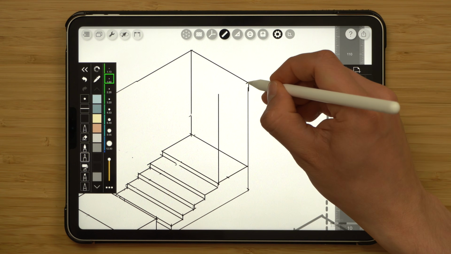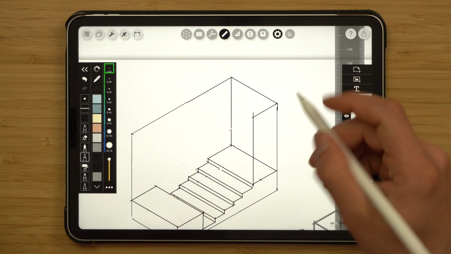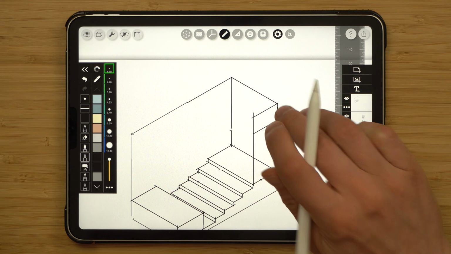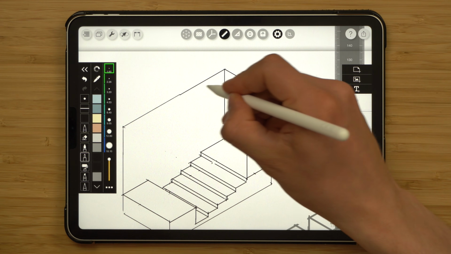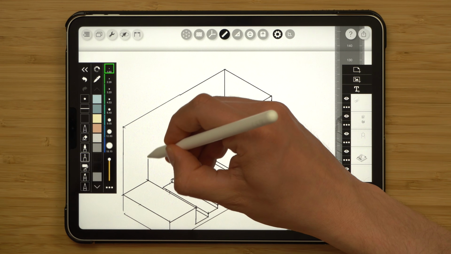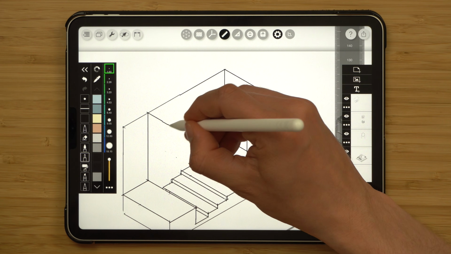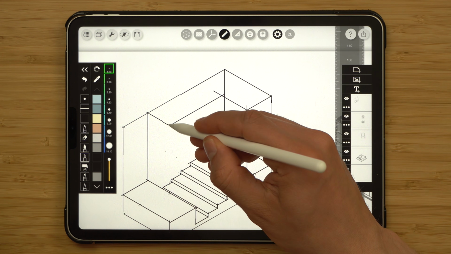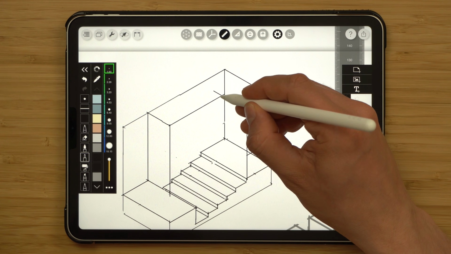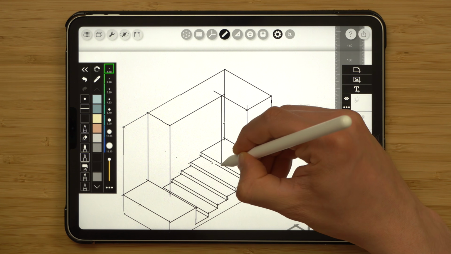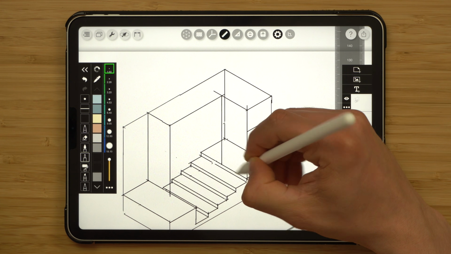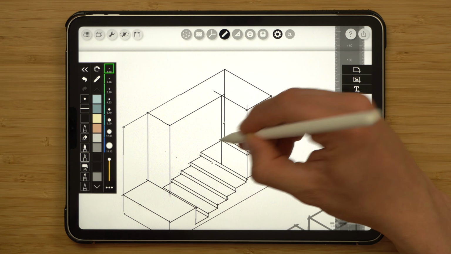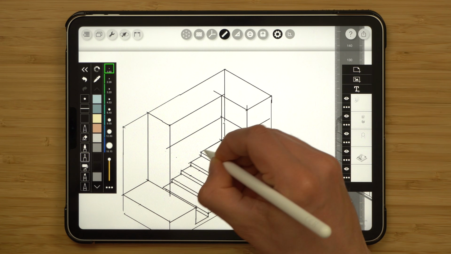Okay, it's time to show the balconies as well. So I'll extrude up where I want my balconies to be, and then plot a couple of them in, more or less the same spacing. And then I want to track them around all the way to the stage. So for that, create a guide, extrude that guide, and make the depth of that balcony on this side the same as on this side. And then by pulling lines down over here and also over here, all the way to the floor. I know my floor is here because it coincides with this edge, and then I start pulling the balconies towards the horizontal lines where the intersections are.